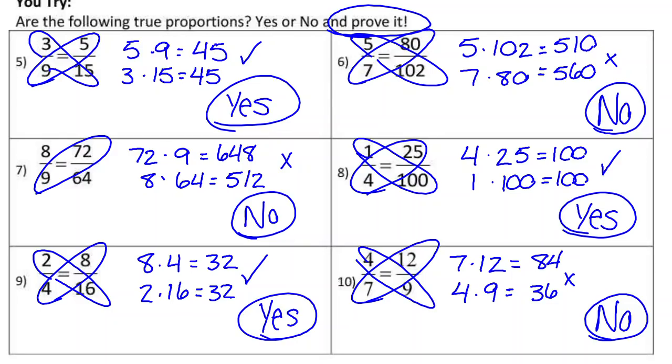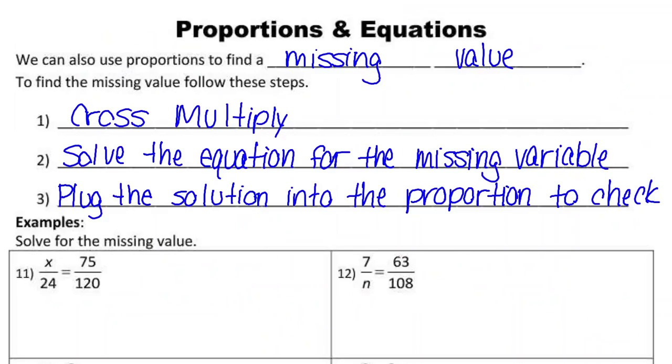So the next thing that we're going to talk about is actually solving a proportion. So take a pause, write all this stuff in, and then we'll take a chat about it. So we can also use proportions to find missing values. So just like we were using ratio tables to take that original ratio and then multiply it further on or divide it to go backwards in the table, you can do the same thing with a proportion,